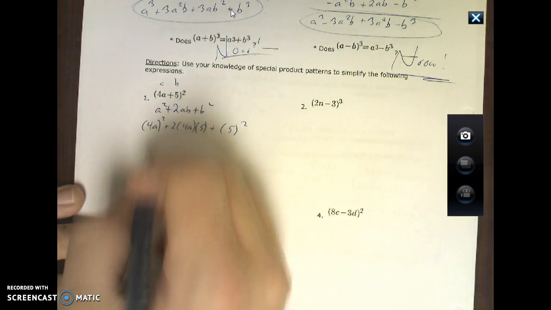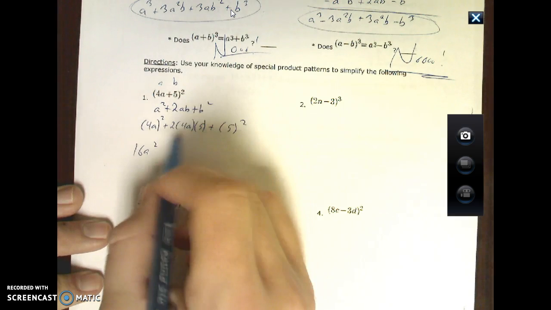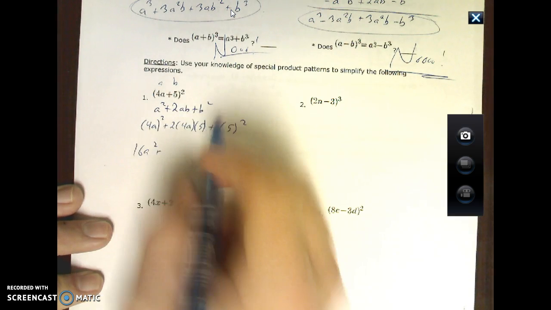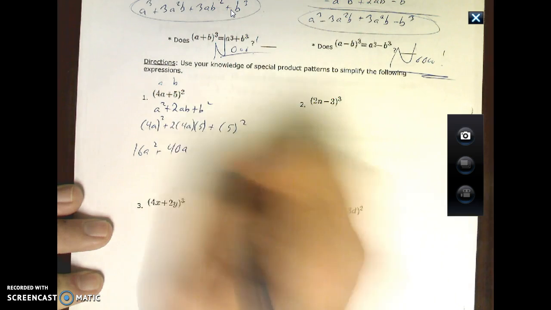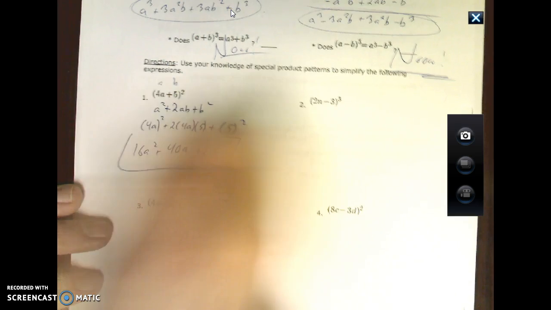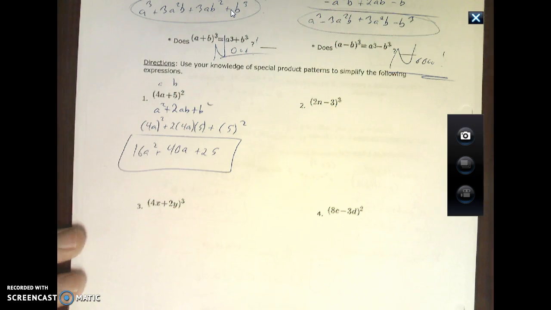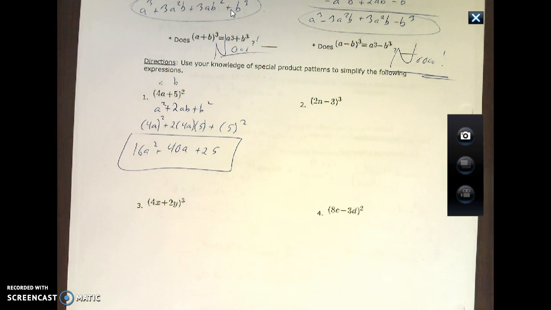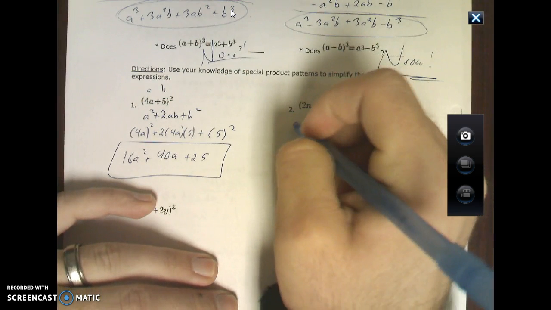The quantity 4a squared is 16a squared. 2 times 4 is 8 times 5 is 40a, and then 25. Done. Yes, I'm going to go faster through these, but that's the point of it. I want you guys to go quicker through these. The pattern here is